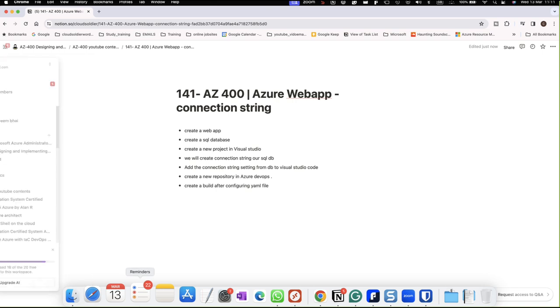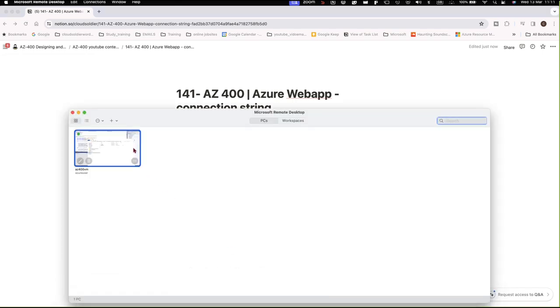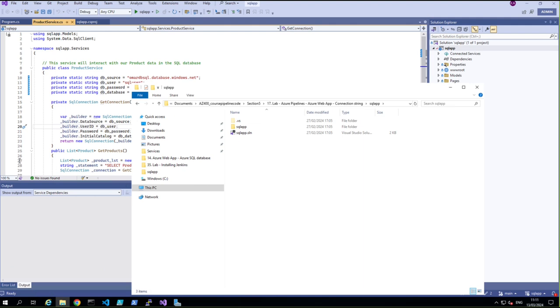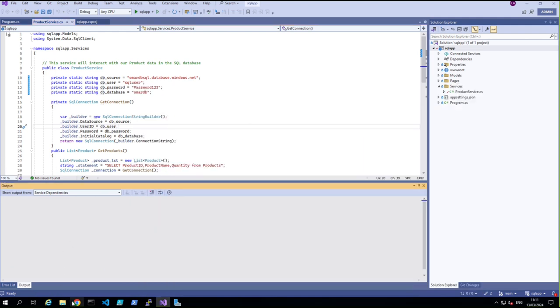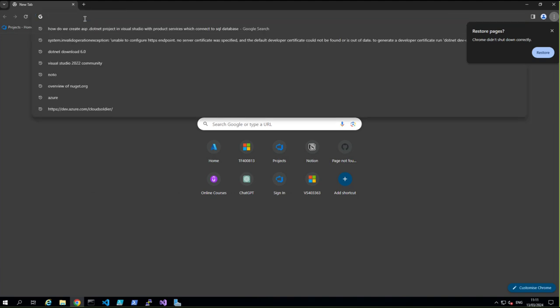So if we go back to our virtual machine, like yesterday, we had this, where we embedded our username and password. Today, instead of that, we'll use our connection string. So if you go to our portal and log on to the portal,